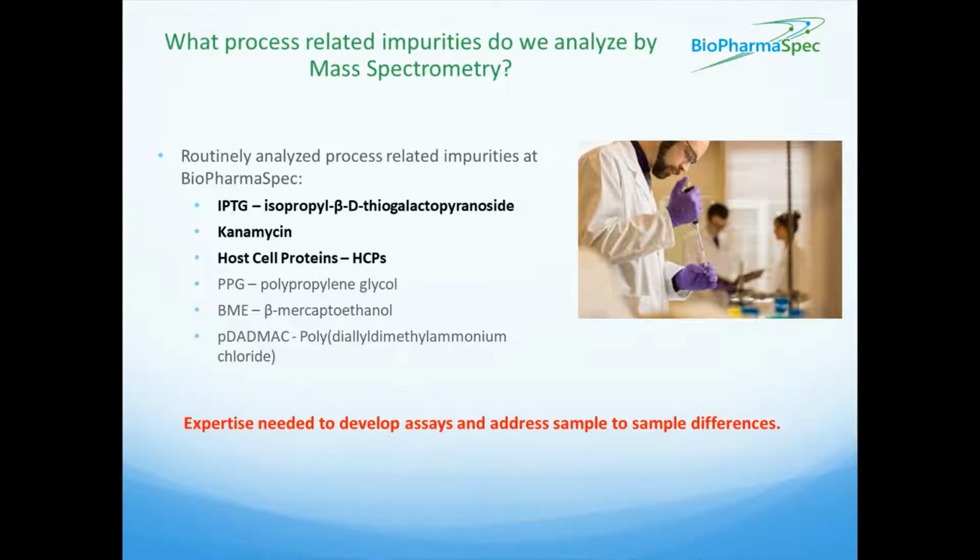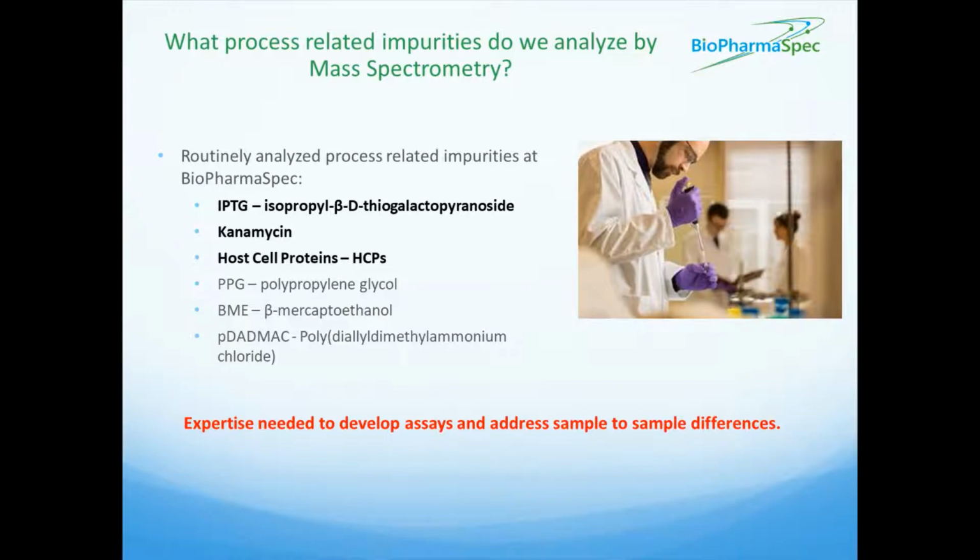So, at its core, most mass spec impurity assays rely on the detection of a mass-to-charge marker signal at an expected chromatographic retention time to determine if an impurity is present or absent in a sample. These tests can be routine. However, to get to this point, there's a significant amount of method development work that needs to be done to optimize the assay, where you're figuring out things like the best sample preparation approach to use, the optimal mass spec